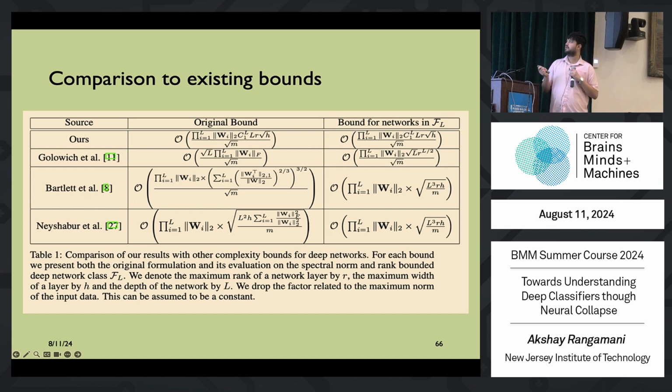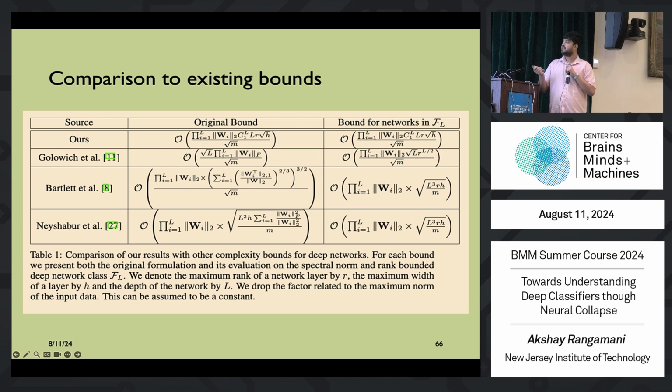Our bound here, if you just drop the C1 to the L, is the depth times the rank times square root of the width. Golowich et al., if you compute it on the same class of functions, have square root depth times, now the rank is growing exponentially with the number of layers, because they have a product of Frobenius norms, and they all multiply with each other,